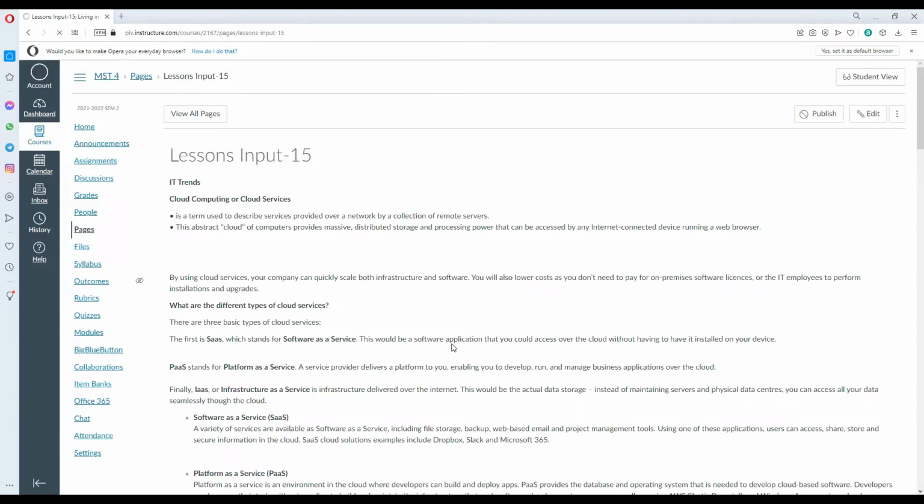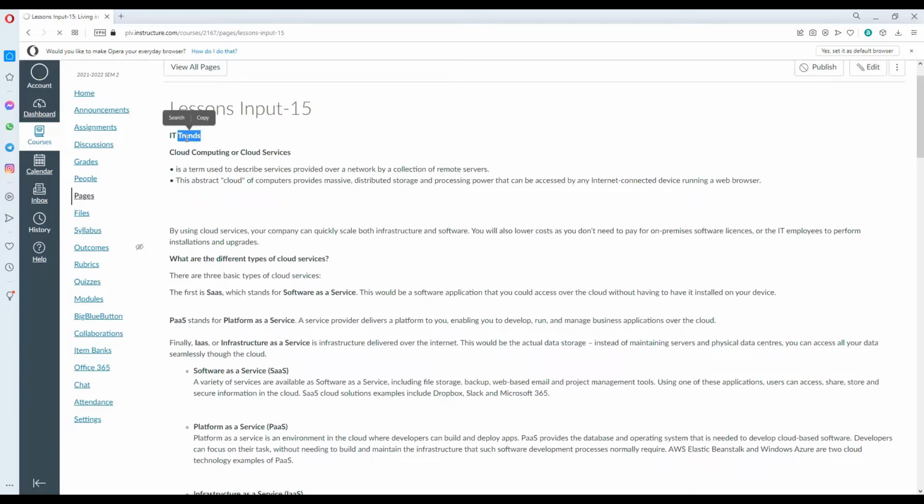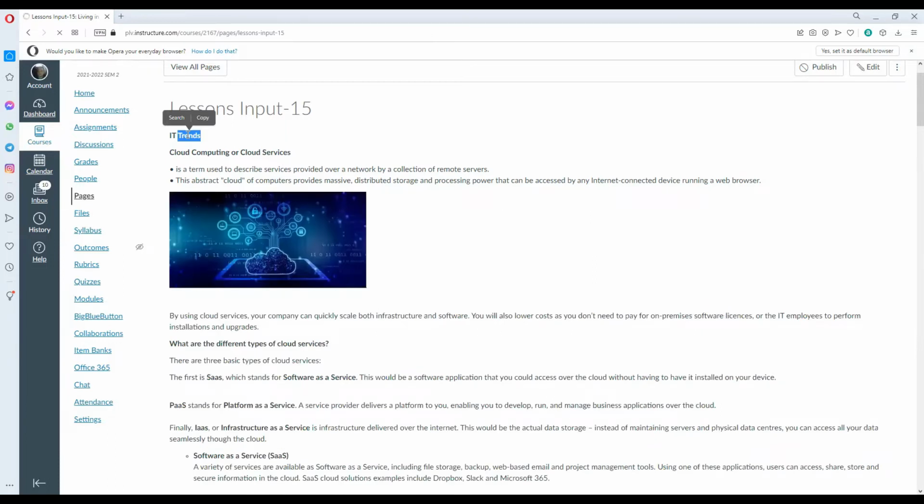For IT trends, the following are current IT trends. So when we say trends, this is the latest or the in-use technology or application, software programs or directions that is being used worldwide. So that is the meaning of trends. So the following IT trends are